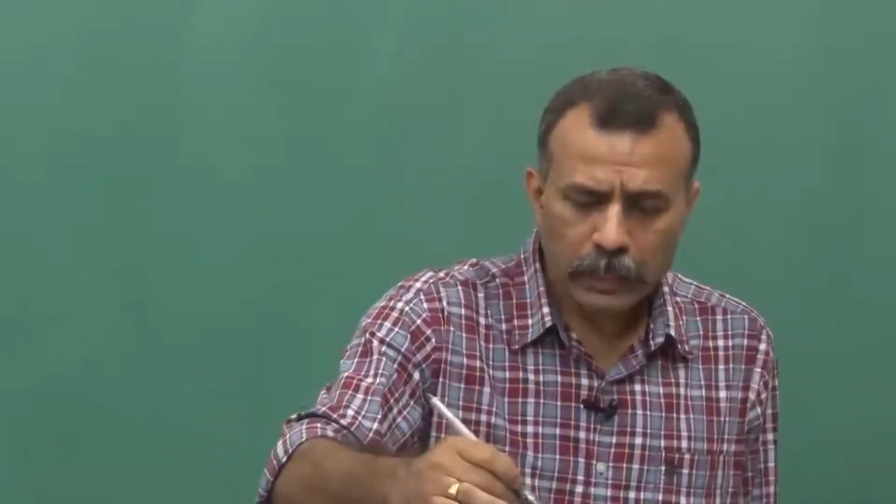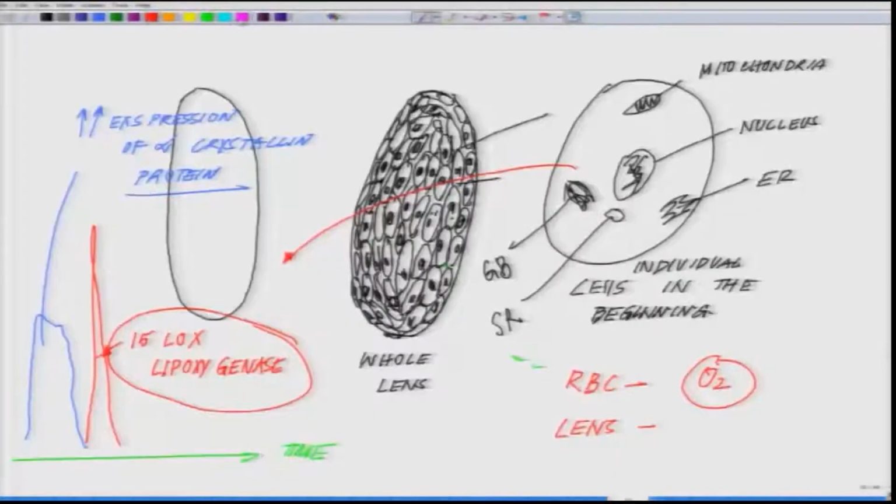In the case of RBCs, what happens is, let me just put it down. This is lecture 2, week 9, W9 L2. Now in the case of RBCs, out here where you see the expression of alpha crystalline protein in the case of lens, in case of RBC, this is replaced by